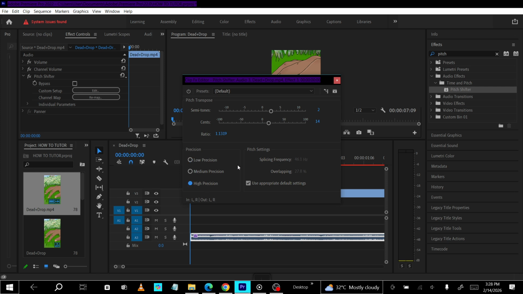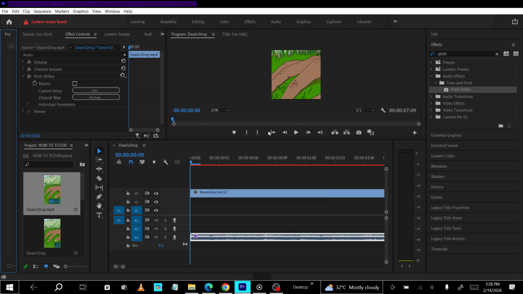Finally, adjust mix to blend the shifted sound with the original. A higher mix emphasizes the new pitch, while a lower mix keeps more of the original character. Subtle blends can preserve natural tone, while full mix settings are great for bold effects. And that's it. Your audio's pitch is